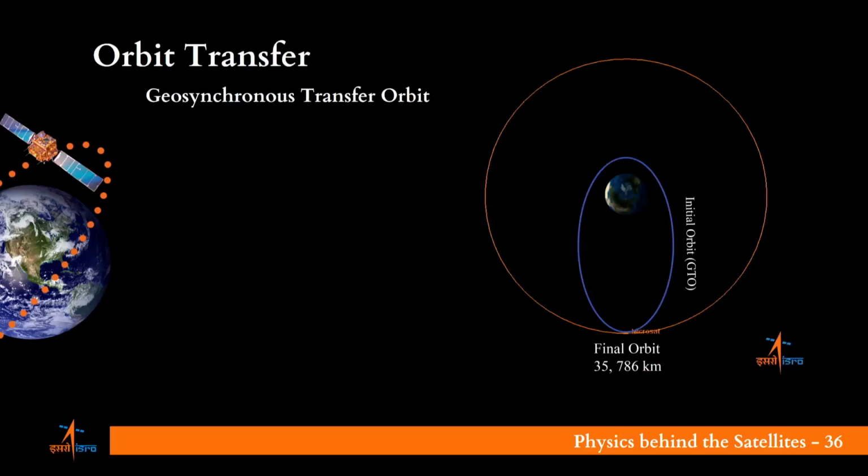Geosynchronous transfer orbit. This orbit transfers geostationary satellites into geosynchronous orbits. Both geostationary and geosynchronous orbits have a rotation period the same as the rotation period of Earth, that is 23 hours 56 minutes 4 seconds. But the orbit plane of geosynchronous satellites can be at any inclination with respect to the equatorial plane of Earth. Often, geostationary communication satellites have been injected in geosynchronous transfer orbit and maneuvered to geostationary orbit from a mission design optimization point of view.